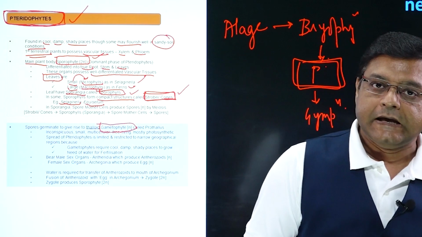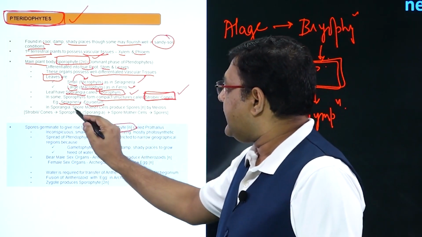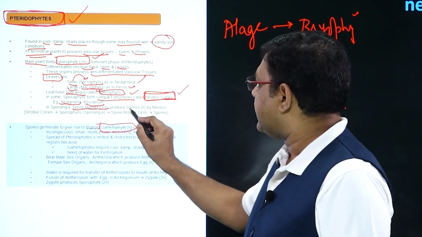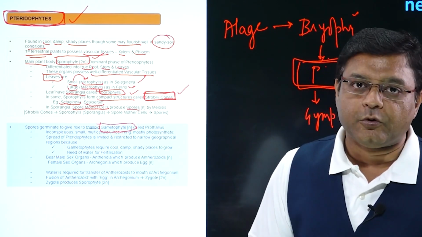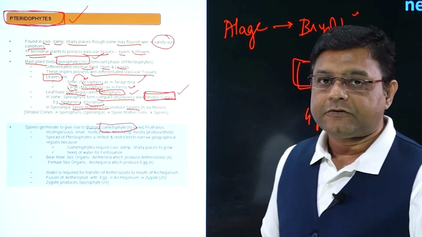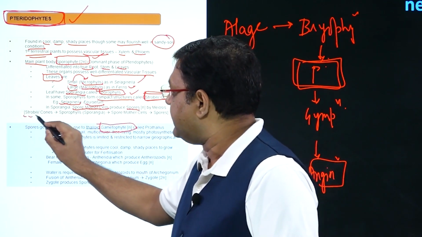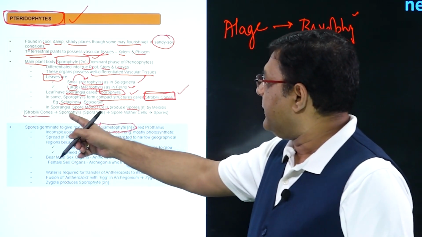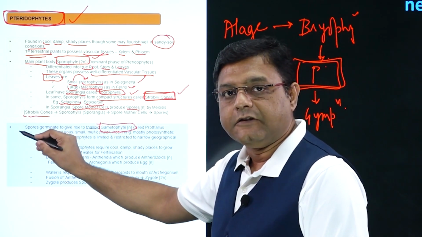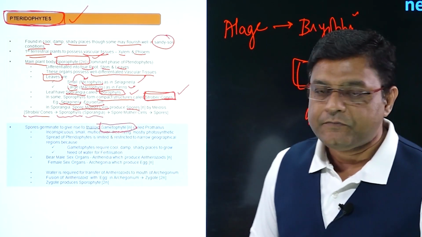Now, talking about these sporangia, sporangia in fact will have spore mother cells. Now, these spore mother cells will produce the haploid spores by the process of meiosis. So, if we look into all the parts, the largest part, if strobili is present, will be the strobili. Strobili will be the compact structure formed of sporophylls. So, inside strobili, there will be sporophylls or sporangia.